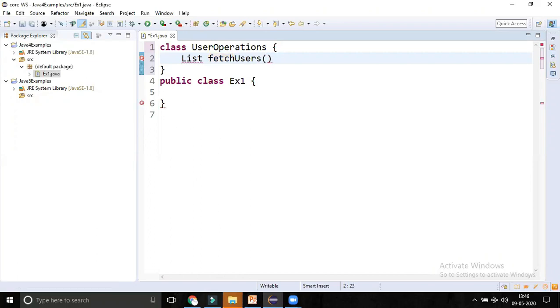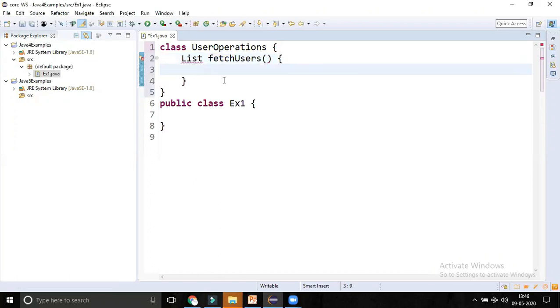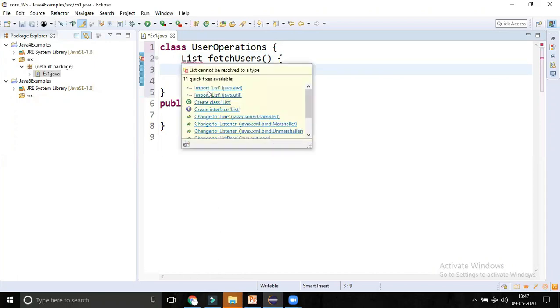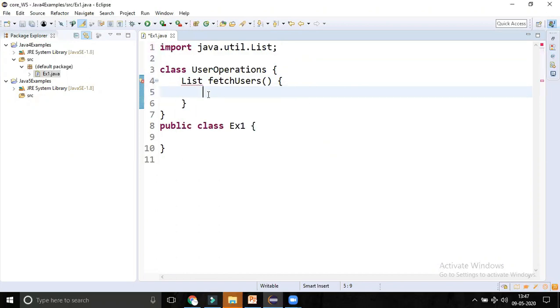So fetch users method return type is a list. So we need to import the list. Java.util package we need to import. So here I am returning null for time being,